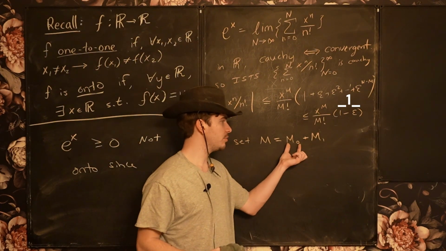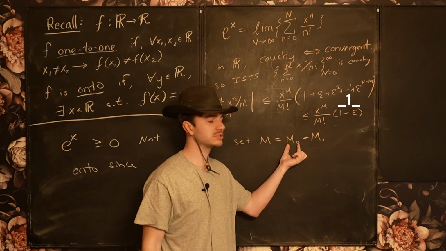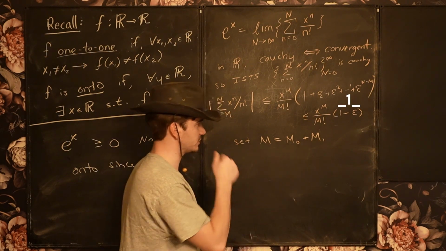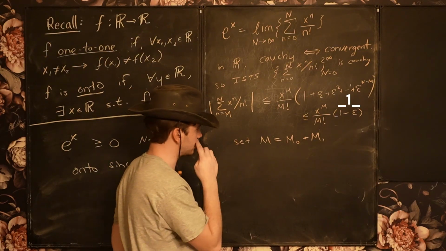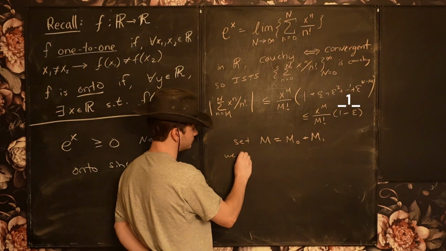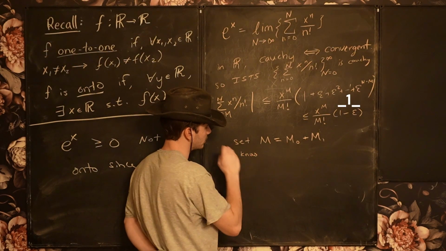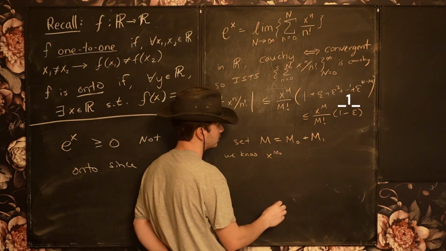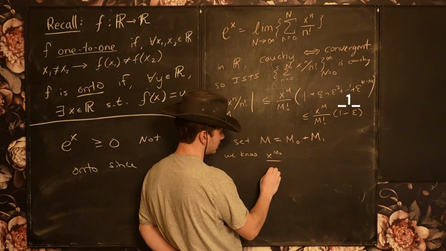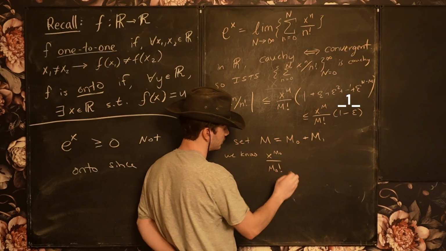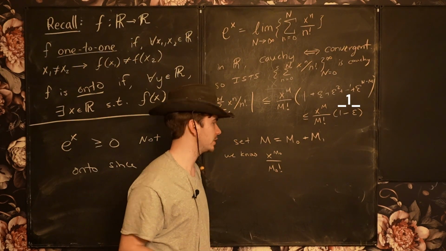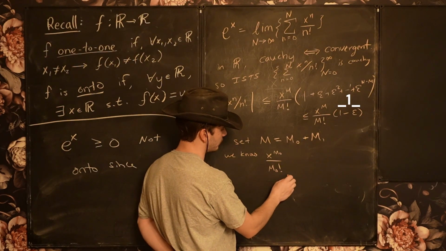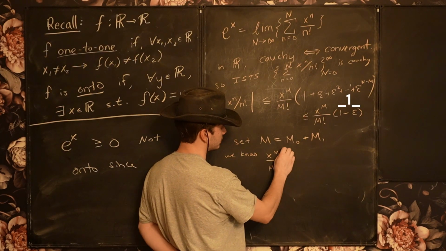So I'm fixing an m naught, and m naught I can choose to be sufficiently large, m1 I can choose to be sufficiently large. And the idea is that we know that x to the m naught over m naught factorial is a finite number,